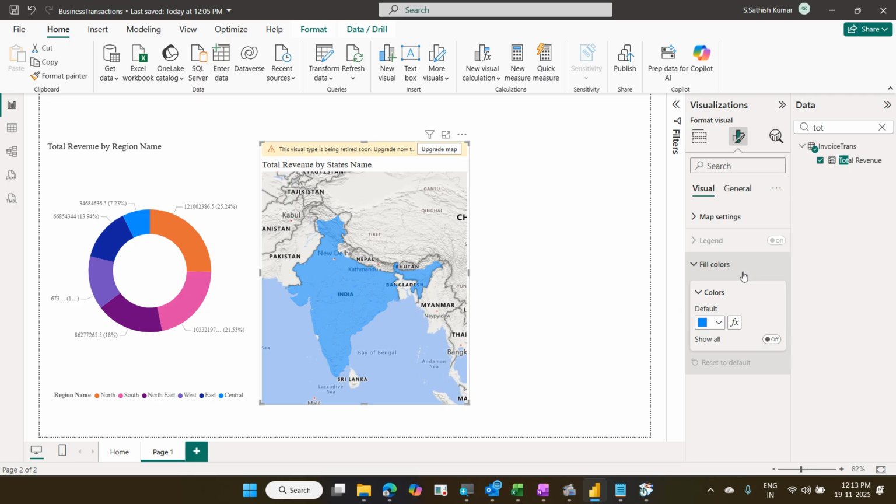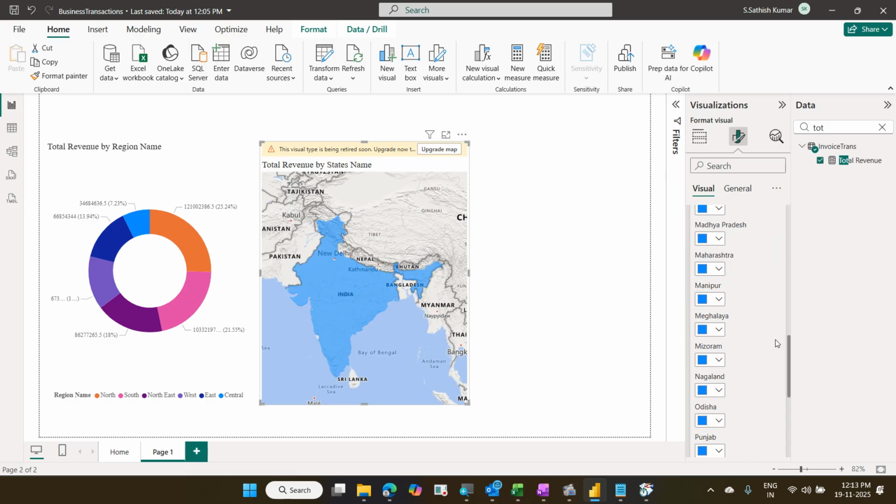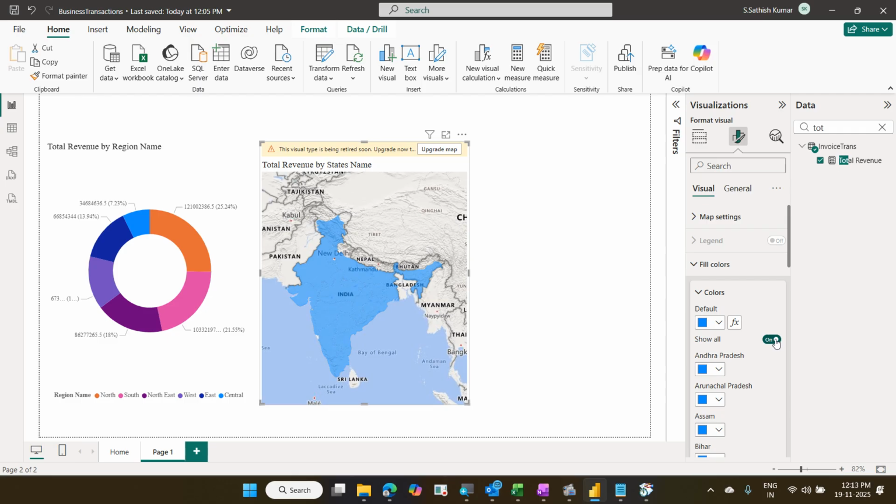But I don't want it. Based on a condition, the color should change, not manually. So switch off that show all. Now go to FX. It's asking rules. I believe for charts, I don't recommend rules. I recommend to go with gradient, multicolor, heat map,